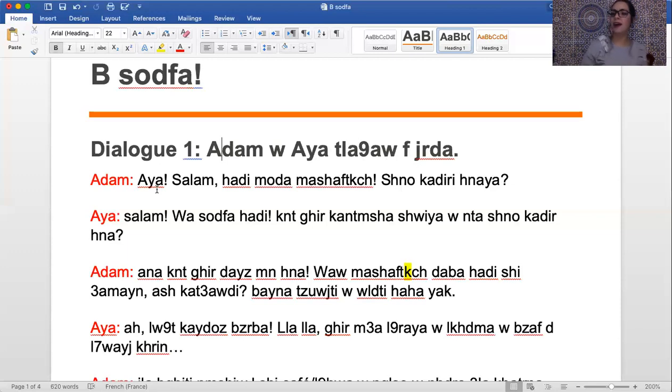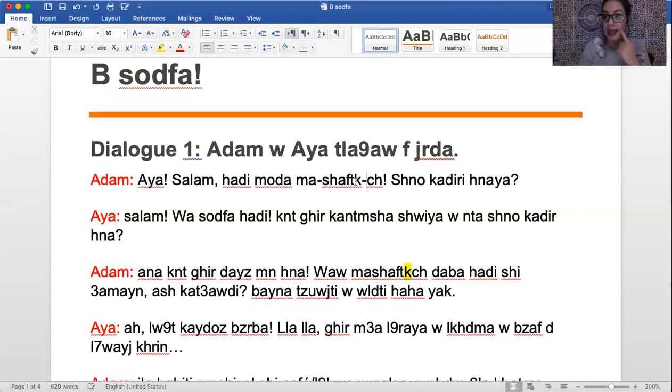آية. علامة استفهام, like an exclamation mark, you know, just like calling someone, آية سلام. هذه مدة, when you see هذه مدة, it is a combination, you mean this is a period of time. هذه مدة ما شفتكش. That expression means this is a long period of time I haven't seen you. ما شفتكش. Basically, I already told you ما and ش in Moroccan mean negation. So شفتك is I saw you. ما شفتكش, I didn't see you. Okay? So هذه مدة ما شفتكش.